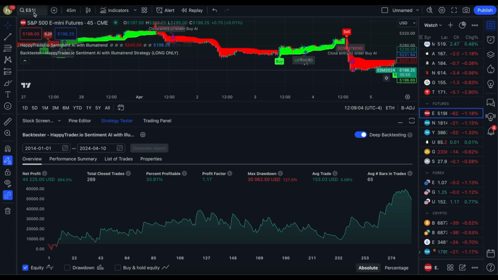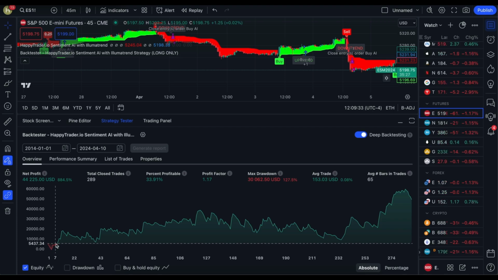Now, if you're using the ES with the MES and then you have your signals, you're going to be getting alerts for these signals, and you're going to know that you can start to slowly unwind those 10 MESs per one ES, okay? So that's how it's going to work. So worst case scenario, you end up with about 10 times the commission as you normally would trading one ES, but that's a great trade-off to not have to draw all the way down to where you're getting margin called,